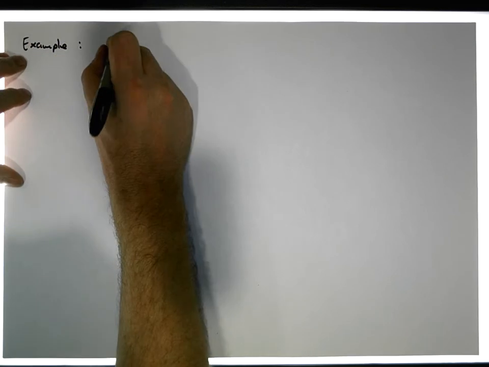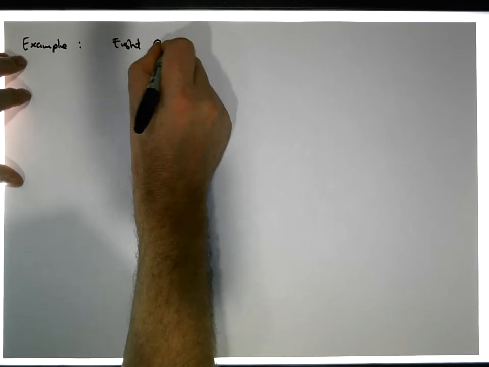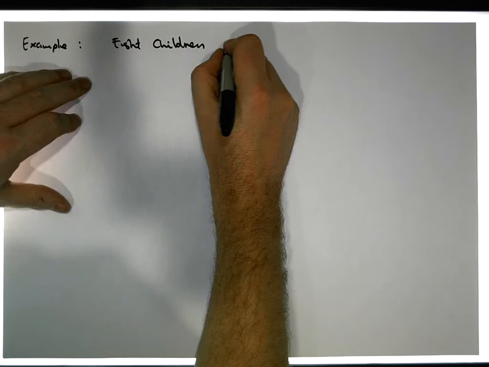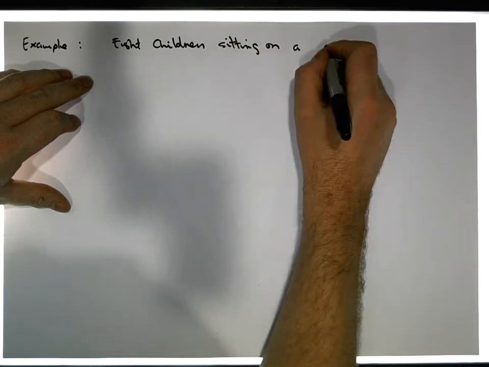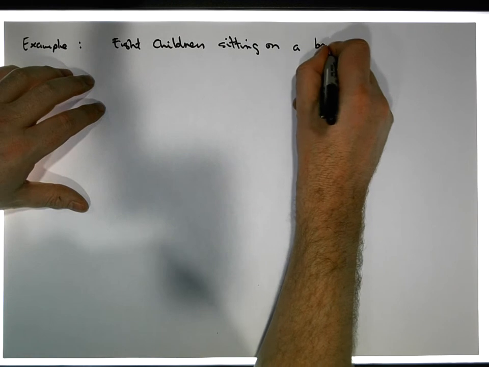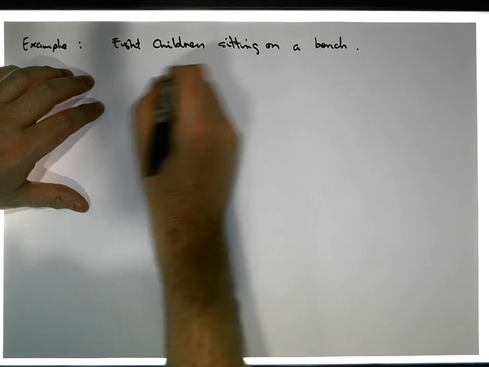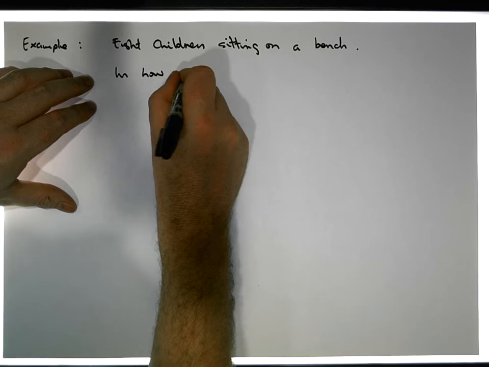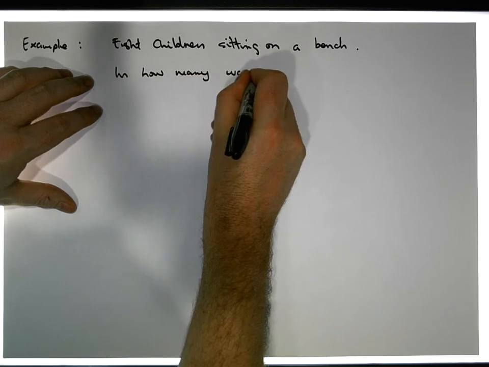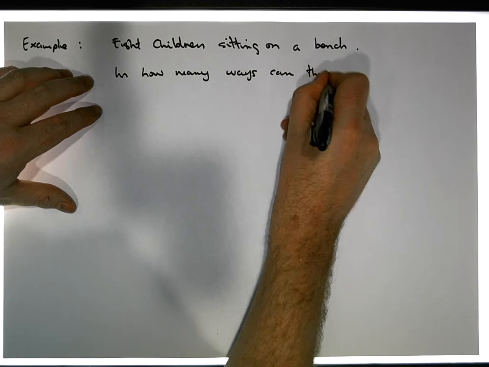There's 8 children sitting on a bench. In how many ways can they be arranged,